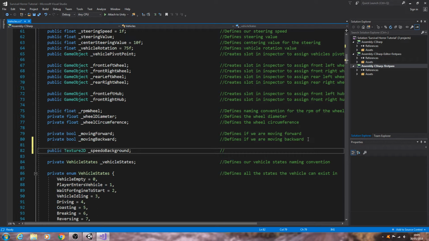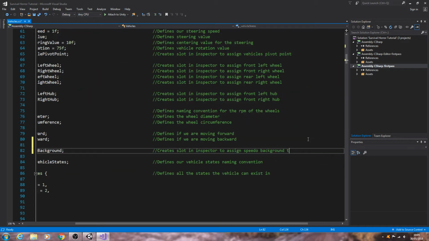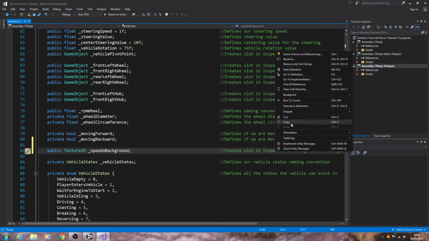Let's close the line off into the comments, and what we usually use, create slot in inspector to assign speedo background texture, and let's just copy that